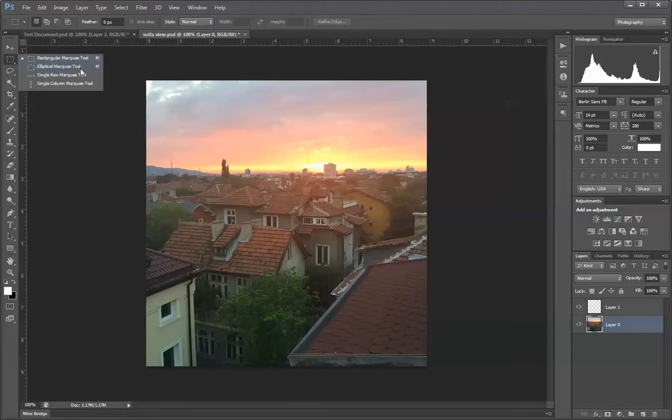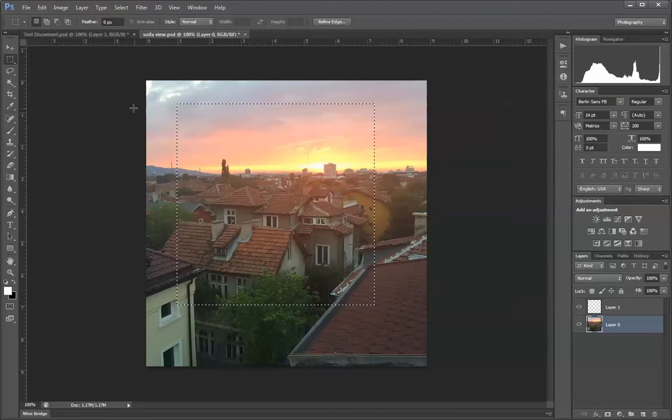So you have rectangular, elliptical, single row, single column. So I have the rectangular tool here, and you can select anything you want. Something important to note, if you hold down Shift, it will give you a perfect square. And this is similar for a lot of different applications and a lot of different tools within Photoshop. If you're holding down Shift, it'll give you a perfect square, a perfect proportional shape. So again, I can use the Marquee tool, and if I'm holding down Shift, I get a perfect square, and